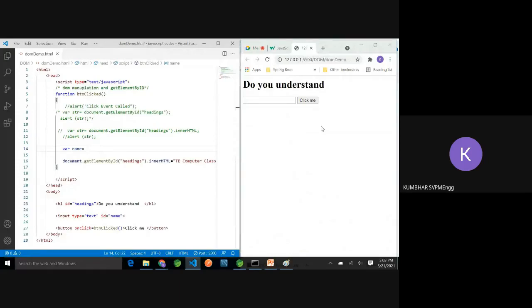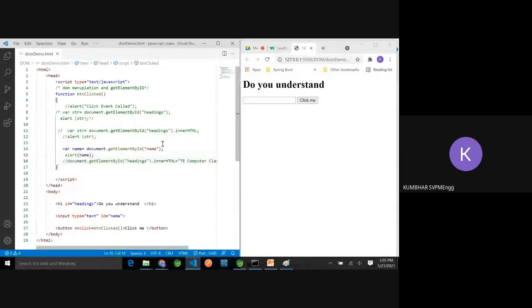Again, what I want is to access the element from the document. So I will write document.getElementById, and what ID? The ID is name. Now we will try this first and then go one step next. In name, that value will be there. I will first try to print that name. We will go step by step so you will understand the things.